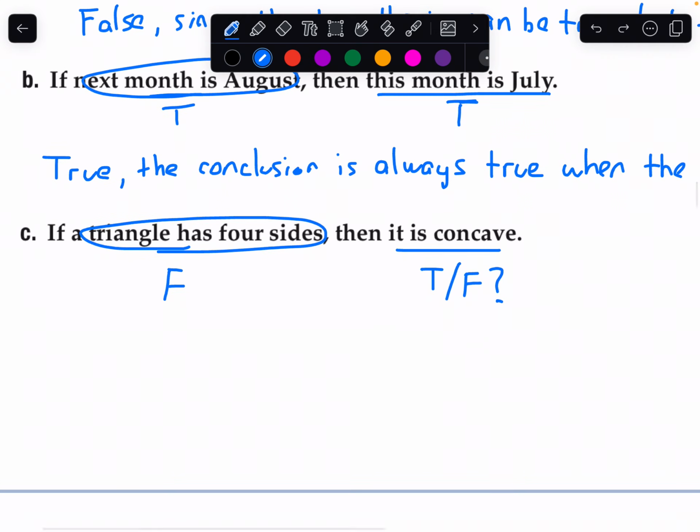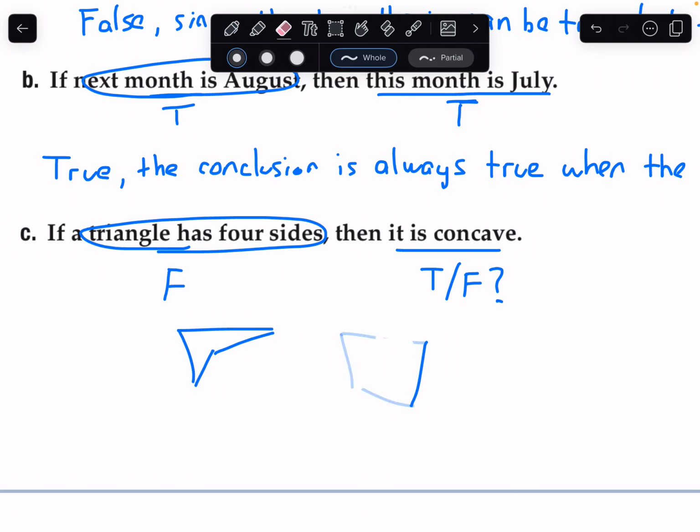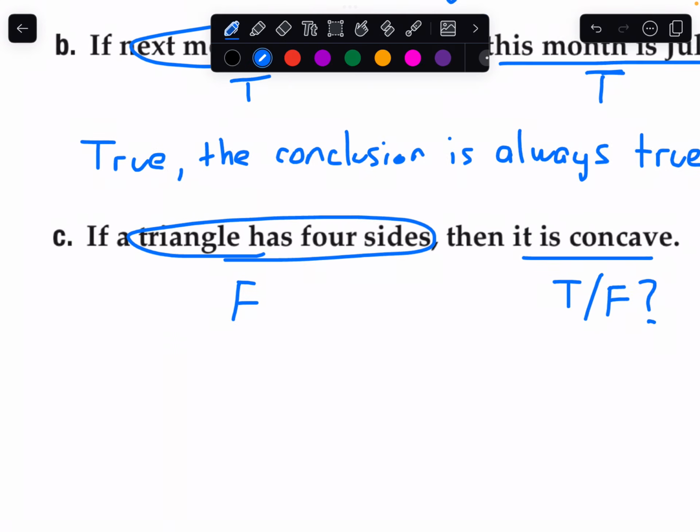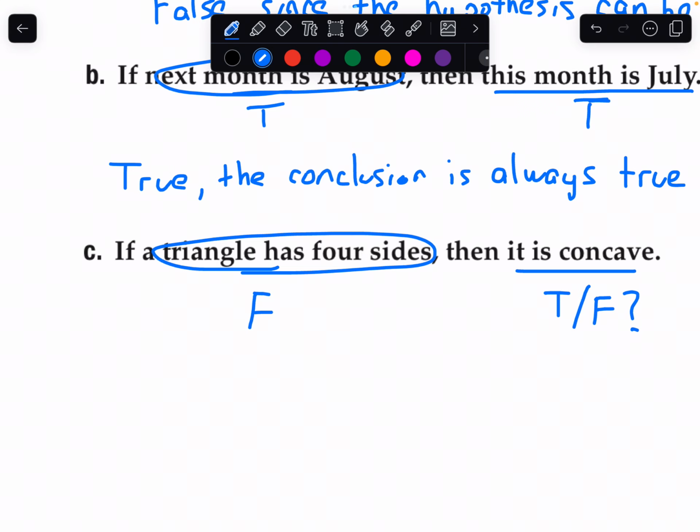We are currently in fantasy land because we're calling a shape with 4 sides a triangle. Could be concave, could be convex. Either one is possible, neither is guaranteed. But because we started with a false premise, the entire conditional is true, because in Fantasyland, where triangles have 4 sides, anything is possible. So this conditional is true